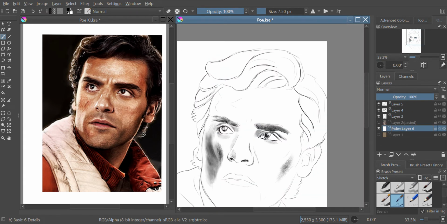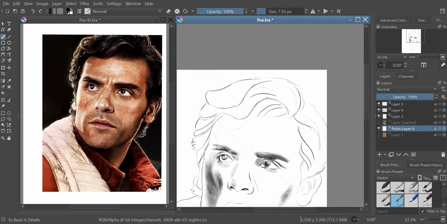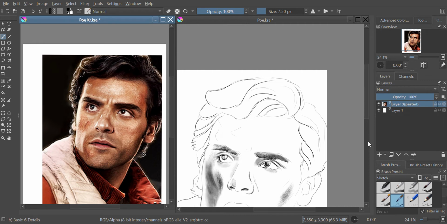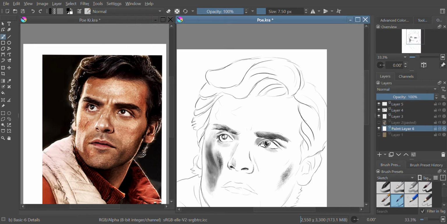and we're going to back out a little bit here. All right, so looking at Poe Dameron's hair here, I'm going to start by laying in the major sources of value. And a lot of folks have started taking a liking to this brush here. That's a big line of pencils put together. So I'm going to go ahead and do that, but I'm actually going to work on a new layer and just lay in major